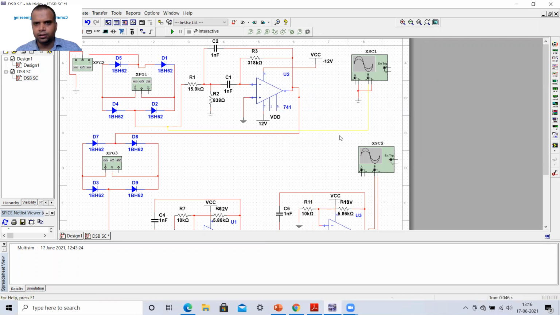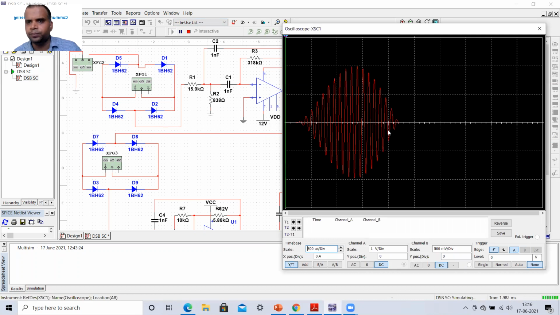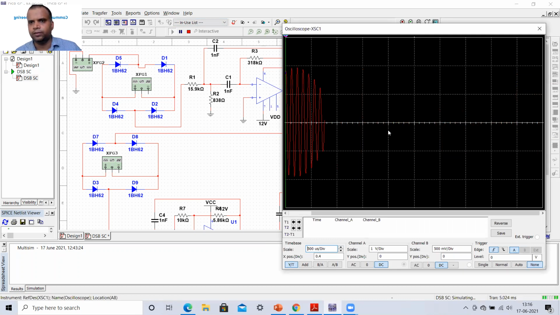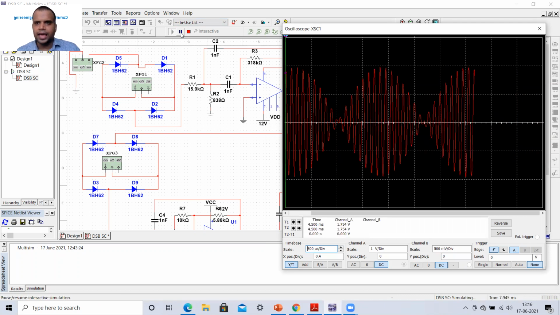Okay, and for simplicity you just disconnect this yellow line. I will be seeing only one output at a time. So now if we see this one, here you can see this is our DSBSC output. This is a very beautiful DSBSC output that we can see here. So here you can see that in the DSBSC signal, as I said, there will be a phase reversal of the carrier that you are going to observe.